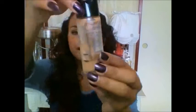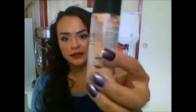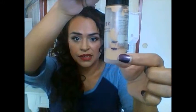Foundation. Sephora. This is my, what is it? 10-Hour Wear Perfection Foundation in medium almond. Okay, so that's where I was, and that's where I am now. So that is pretty good. So maybe another month and a half, and I'm finished this guy, and I'll be very happy with that,